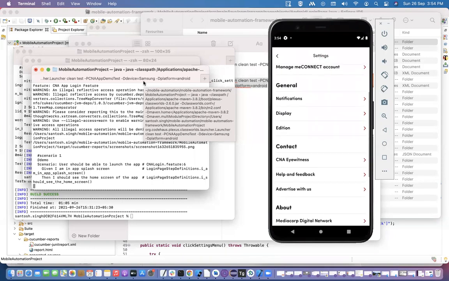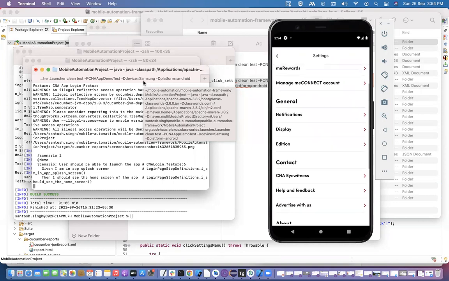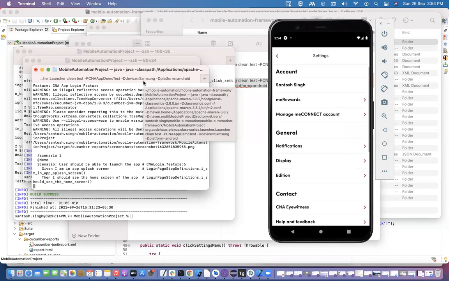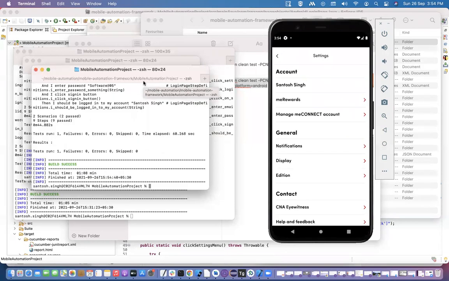Here we are verifying the user name. Santosh is logged in. So how can we verify that the user is able to log in or not? Here, see, Santosh is logged in. So this completes the first and second scenarios for the Android application.